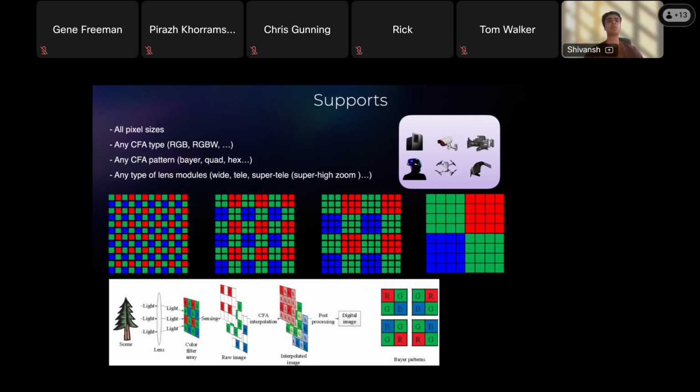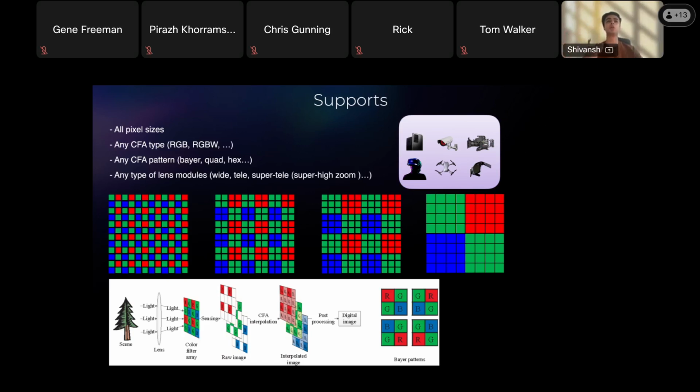And in fact, even within the same lens, so let's say I'm manufacturing a smartphone today, even within the same lens module, there will be a lot of manufacturing variations, and particularly for the pre-production devices. So let's say I want to launch iPhone 18 Pro in November 2026. For the camera team to start working on it, it will only have access to pre-production devices, and these pre-production devices already have a lot of lens variations.